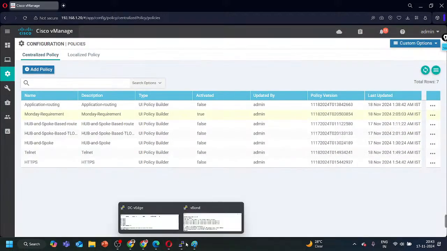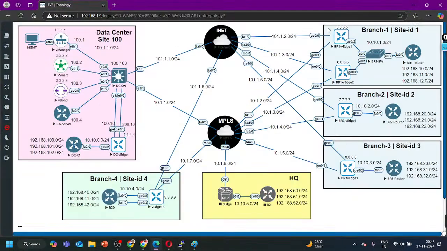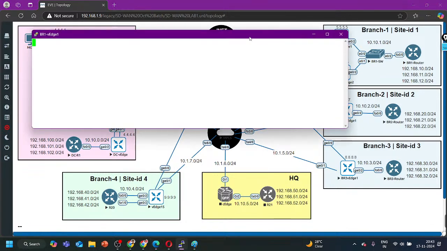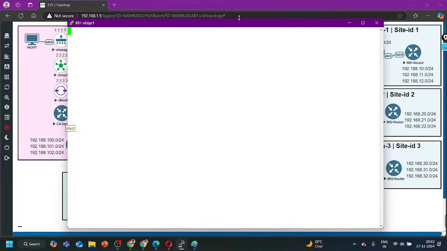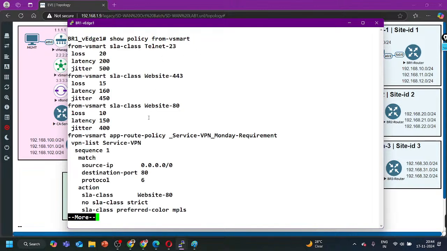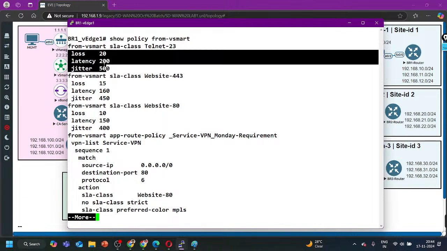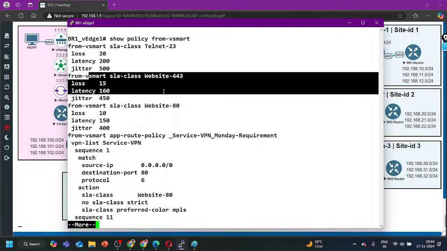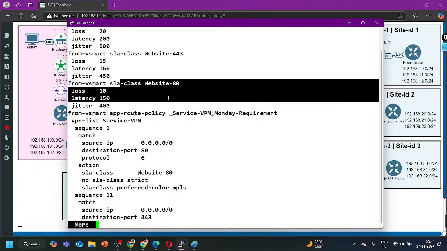And before deactivating, if you want to check the policy on any vEdge through CLI, you can run the command show policy from vSmart, and now you can see the policy. SLA class telnet 23, we have created it. We have defined the loss, jitter and latency. Then website 443 and website 80. Right, from vSmart,